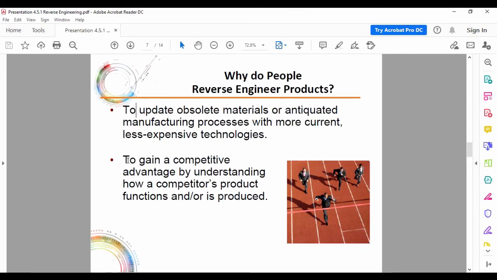Another example, to gain a competitive advantage by understanding how a competitor's product functions and or is produced. This is technology in a nutshell. One of the leading innovators when it comes to computer technologies has been for a very long time Sony. And as soon as Sony comes out with their newest computer trend, then IBM, Hewlett Packard, all of these other companies come out with their versions as well shortly after because they reverse engineered the product. Of course, Apple is now one of the leading